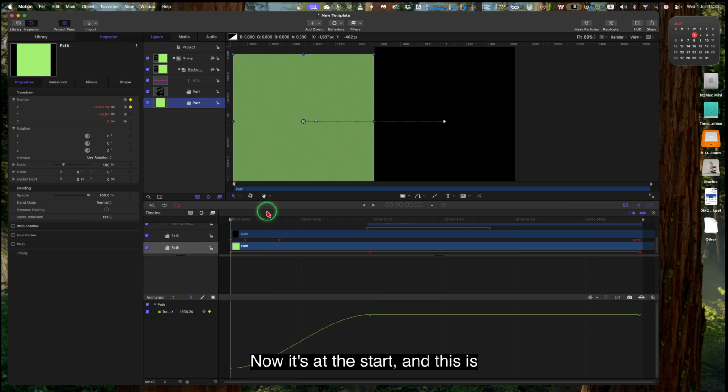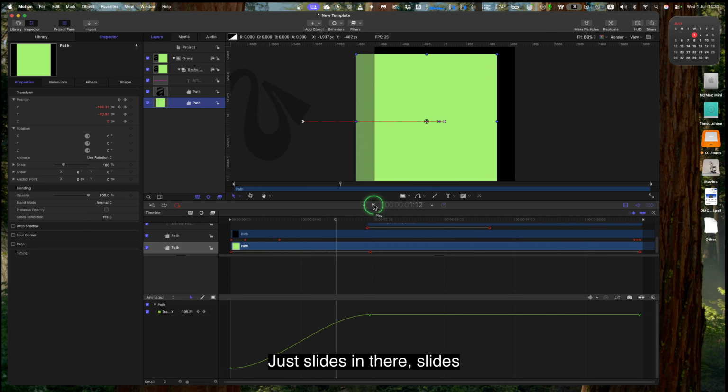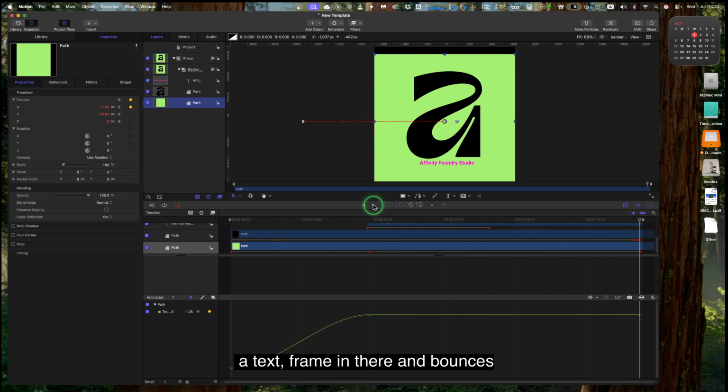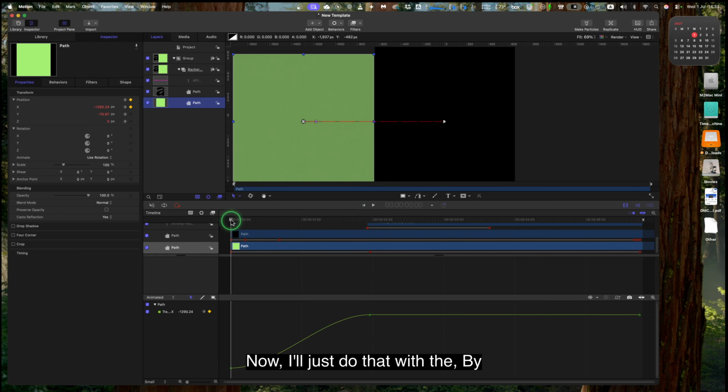Now it's at the start, and this is what I've got it doing. Just slides in there, slides a text frame in there, and bounces slightly at the end. Isn't that cute? Back there. Now I'll just do that